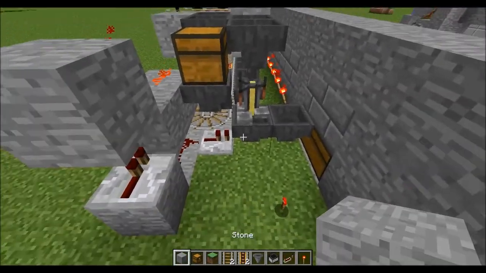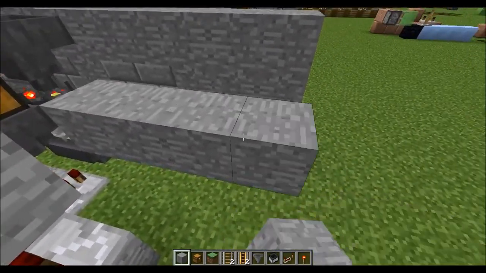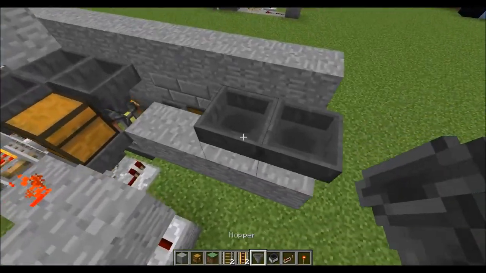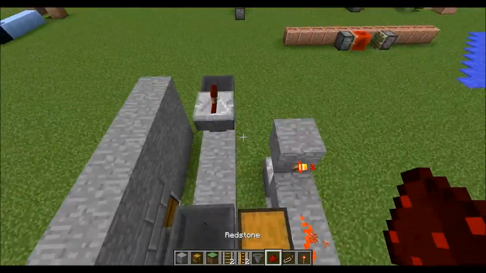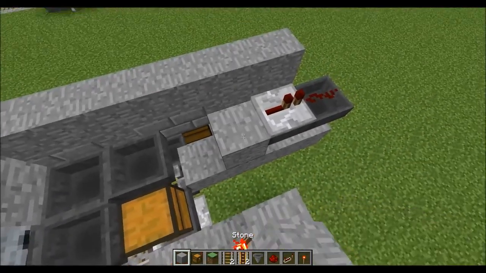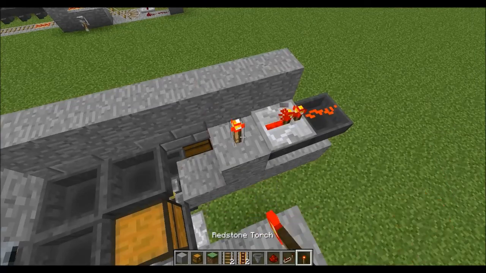Right, so now we need to take some blocks out of here, and these are gonna go right back. Gonna get 2 hoppers, and we're gonna make a hopper timer right here, and we're gonna run a redstone current over it, just like that. Nice and easy, and we will put one redstone torch on top of there, like that,